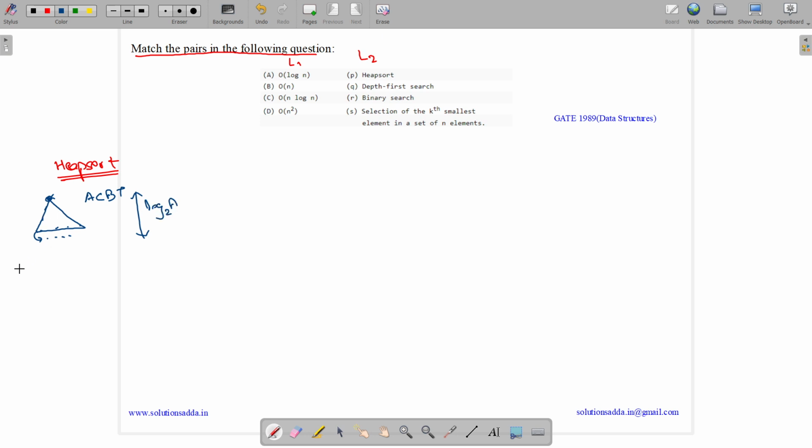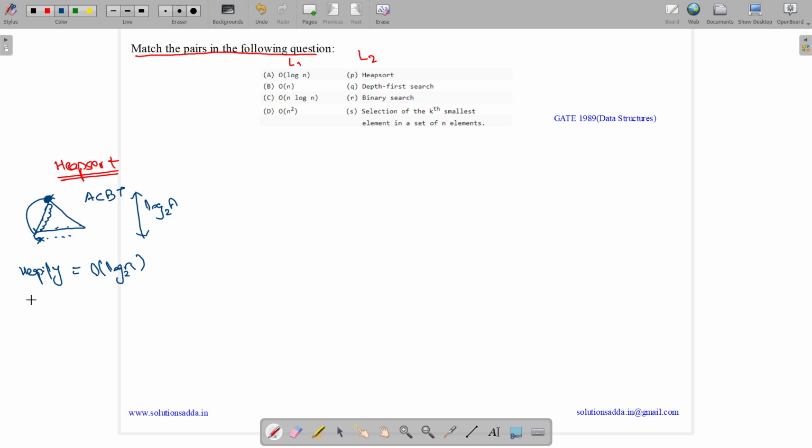And what is a heapify operation? Heapify comes after deleting an item. When we delete an item, we just replace it with the last item and then delete the last item. Then we need to perform the heapify operation in order to maintain the heap property. That heapify will go through the height of the tree and it will take order of log n time, as the height of an ACBT, an almost complete binary tree, is log n.